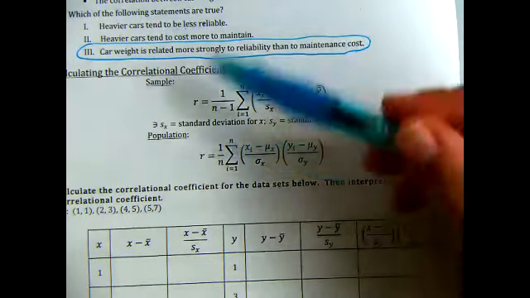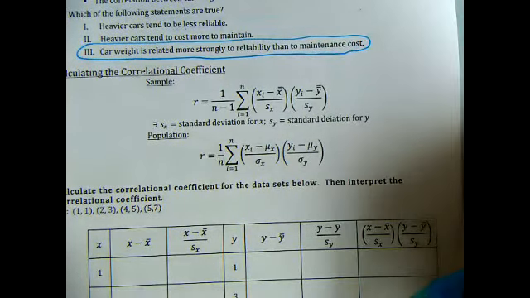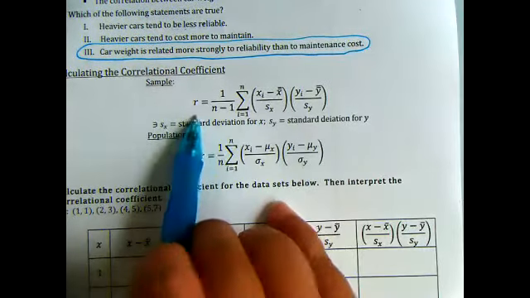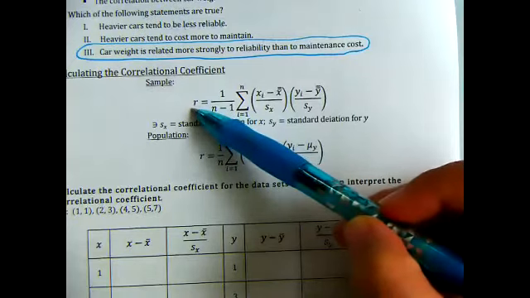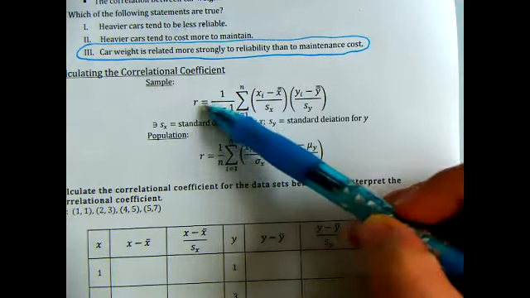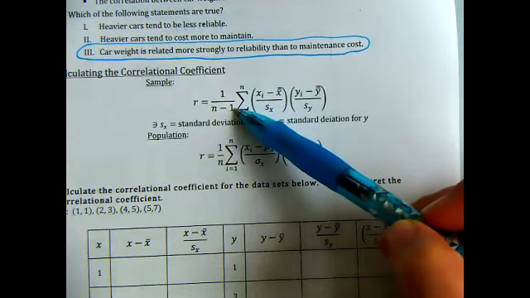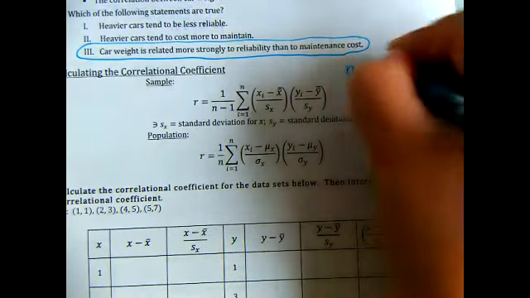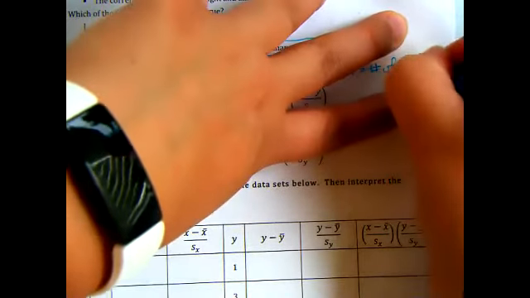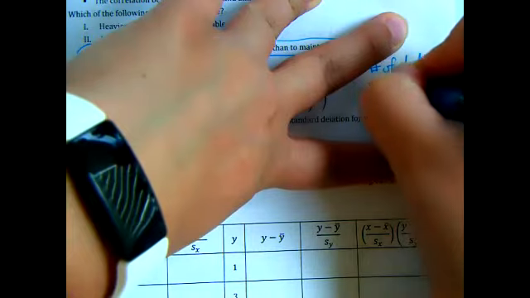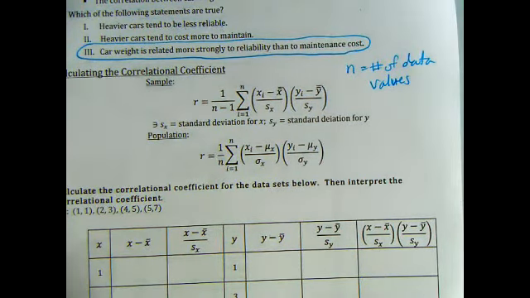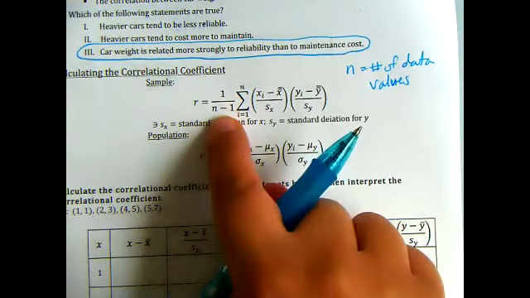So there's a process to calculating your correlational coefficient, guys. So let's make sure we understand all of the different parts here. Okay, in our sample, our correlational coefficient R will equal 1 over n-1. Okay, n, right, is your number of data values. Sorry, I'll move my hand in a second. I'm just holding down my paper so I could write. Okay, n is equal to the number of data values. That's what our n is. So 1 over n-1